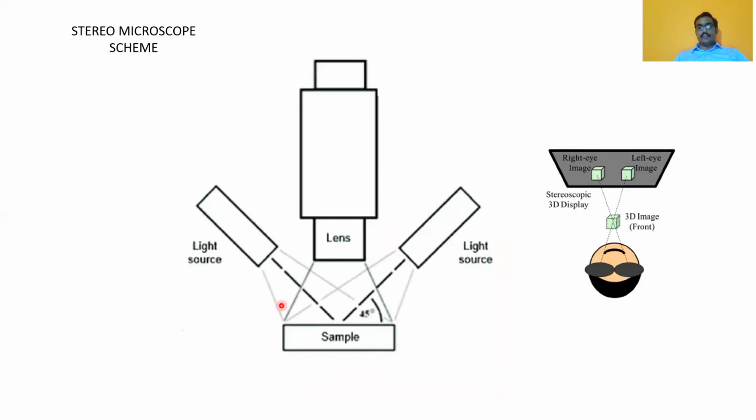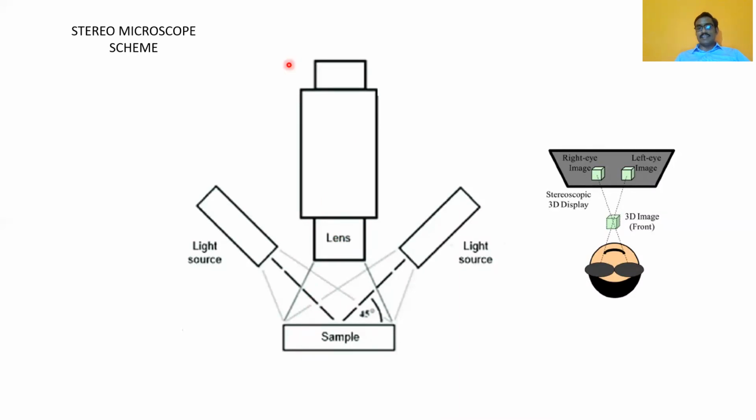So what happens here in a stereo microscope? Like I said, you have a sample, you have light sources which are falling on the sample. There is a light source which passes through the sample also. Okay, now what happens through this objective lens and your eyepiece canal or this optical tube? These reflected and transmitted rays follow two different optical paths into your left eyepiece and into your right eyepiece. You're not getting the same optical path. You have two different, completely dedicated optical paths from your sample to your left and to your right.